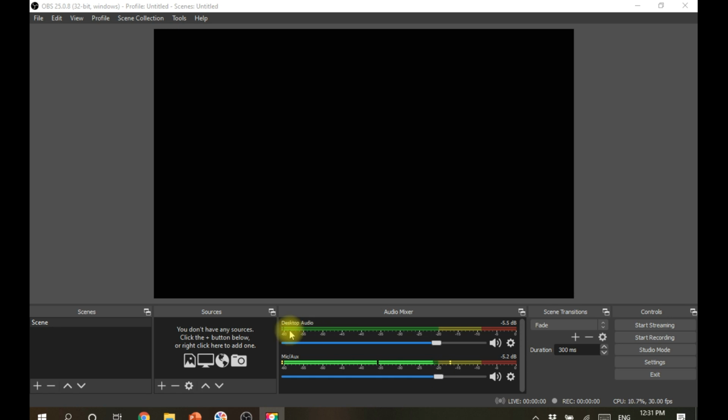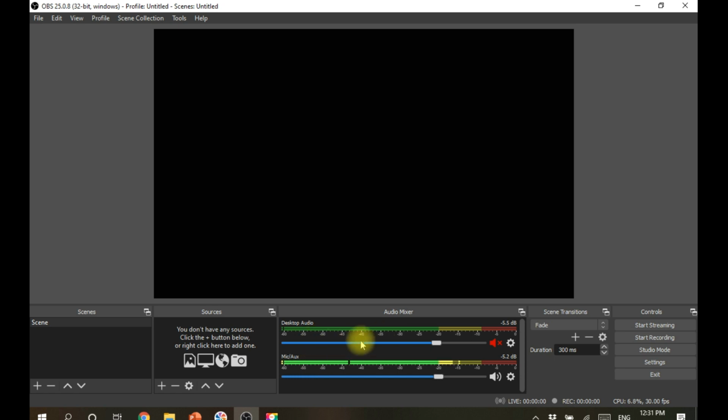If you don't want any desktop audio to be recorded, just click here and it will be disabled, so that there is no variation taking place. So you can control both the external mic and the internal mic. This is the first step that we want to verify. By looking here, it is clear whether our audio is functioning properly or not.